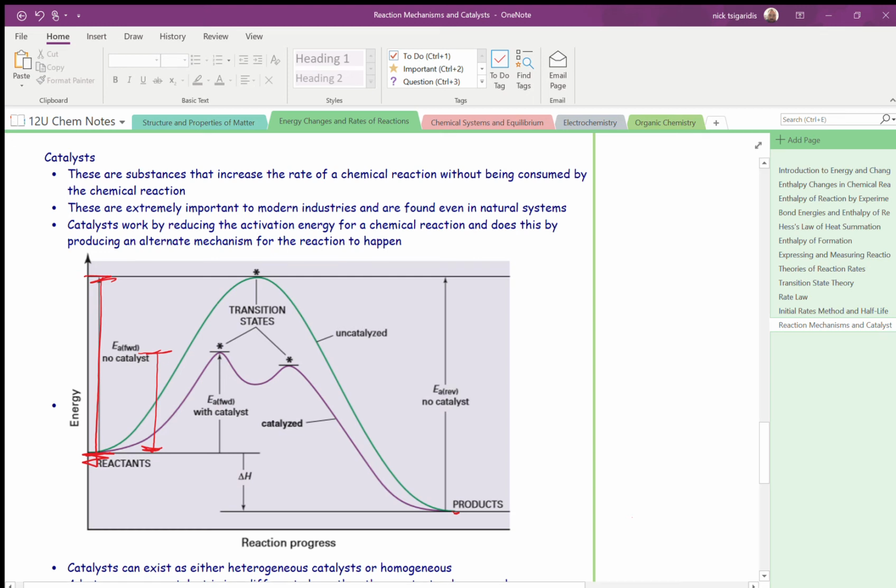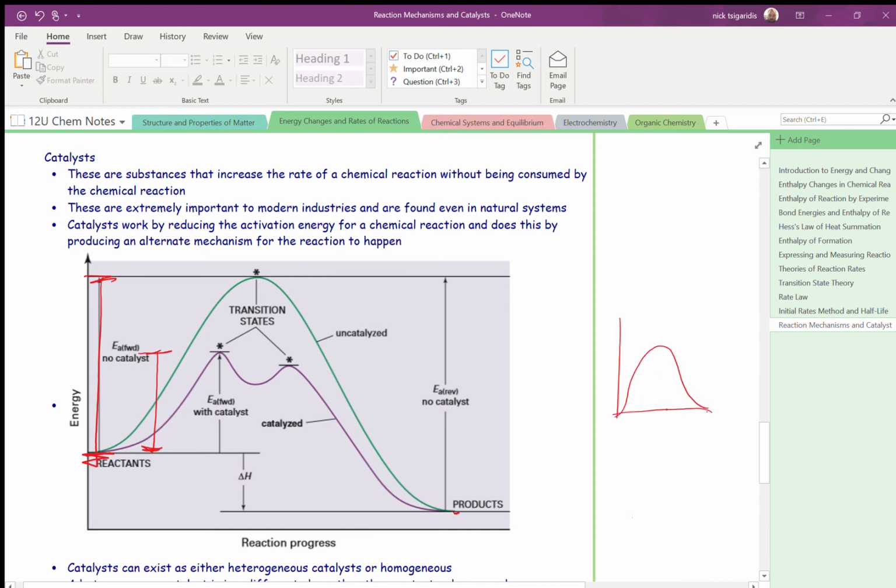And so what happens is that when you add this catalyst, it rearranges the intermediate steps. It rearranges those equations. And so you end up in a situation where, by rearranging those equations, perhaps adding an equation, changing a particular reaction, or something along those lines, it's able to produce a reaction that requires less activation energy. And of course, when a reaction requires less activation energy, if you remember our Maxwell-Boltzmann distribution,